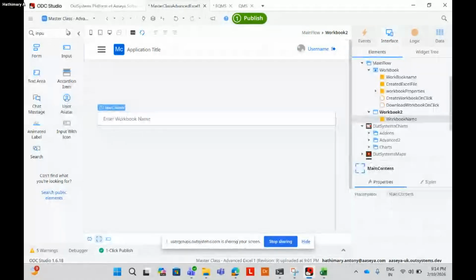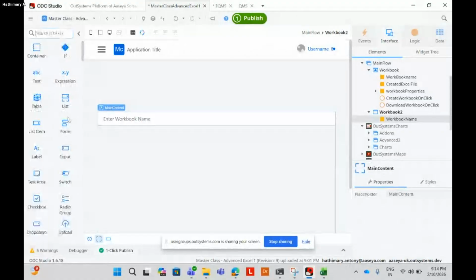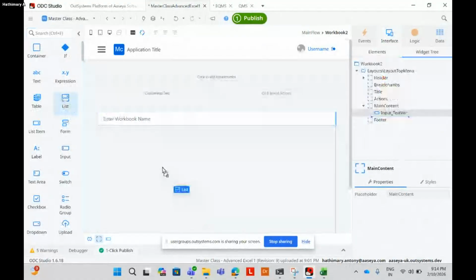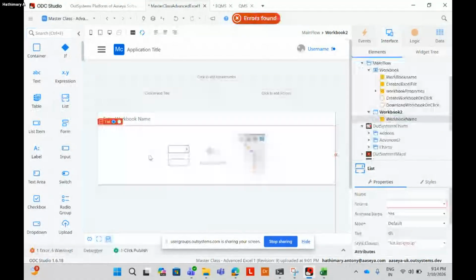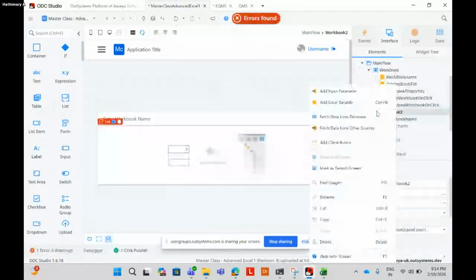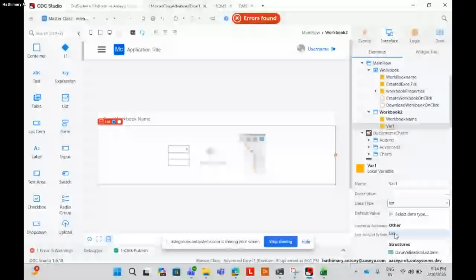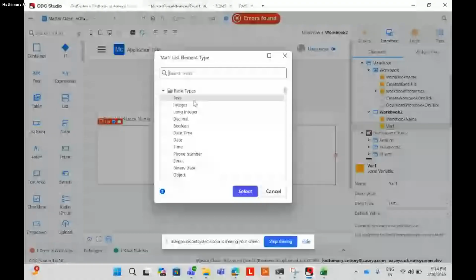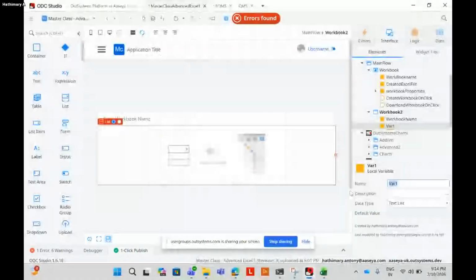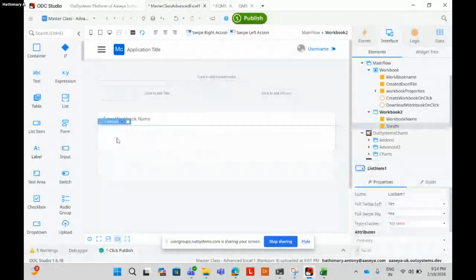Multiple worksheets, right? So maybe I will put a list, a list of sheets. Instead of expression, use the input here.